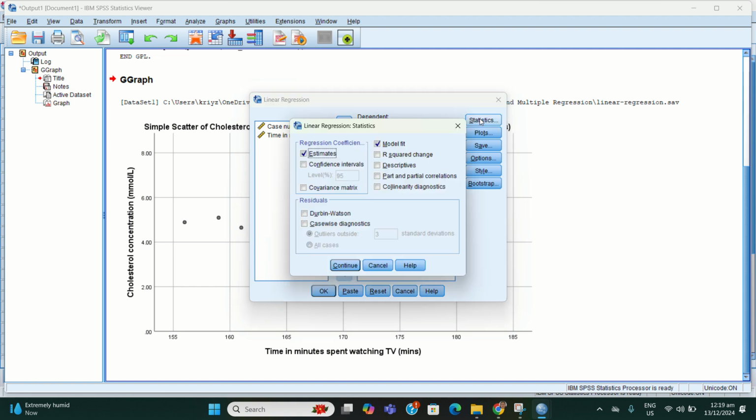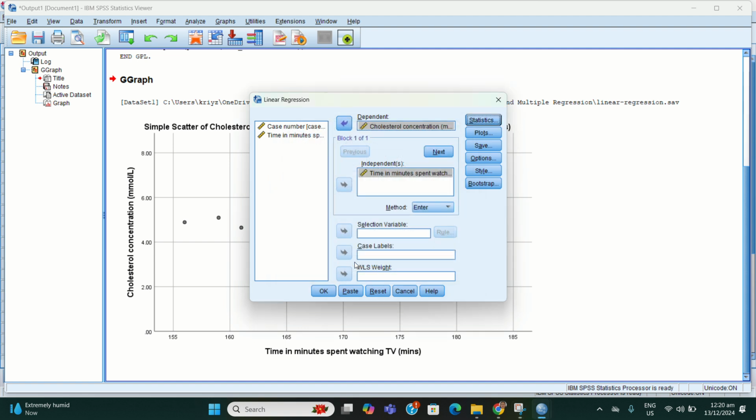Let's go to the confidence intervals and check this, then set the level to 95%. Then we will check the Durbin-Watson and the casewise diagnostics, and set the outliers outside to 3. Next, we will click Continue.